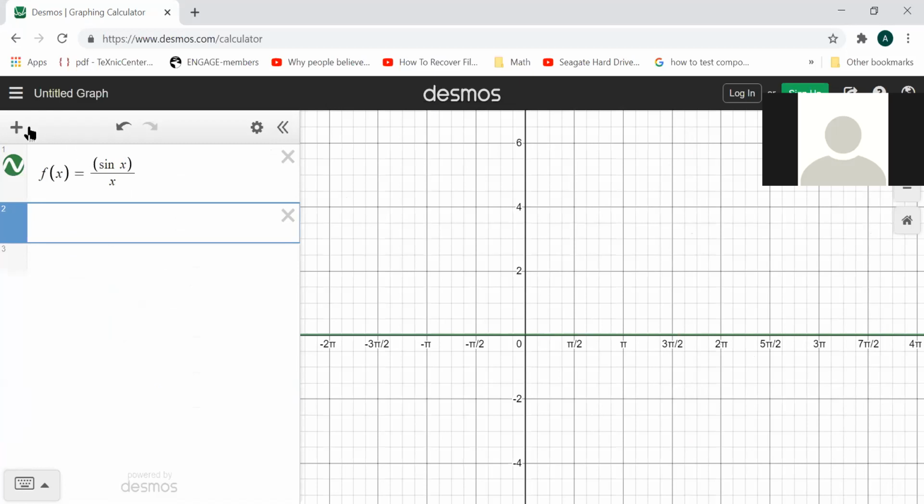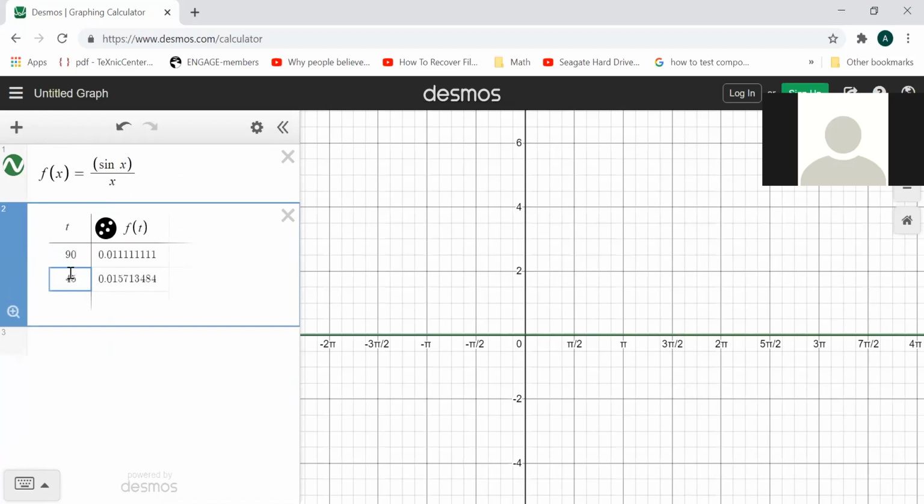So look here, folks. Let's do the table again, a t and f of t here. What happened with my t from here? That disappeared. I'm going to put that back. So I'm going to put angles that are very close to 0, right? So 90 degrees will be an angle, and then 45 is another angle, and then 1 is very close to 0, right? Is another angle, and then